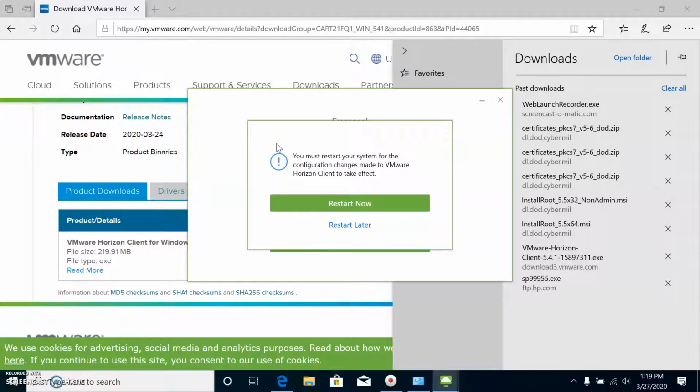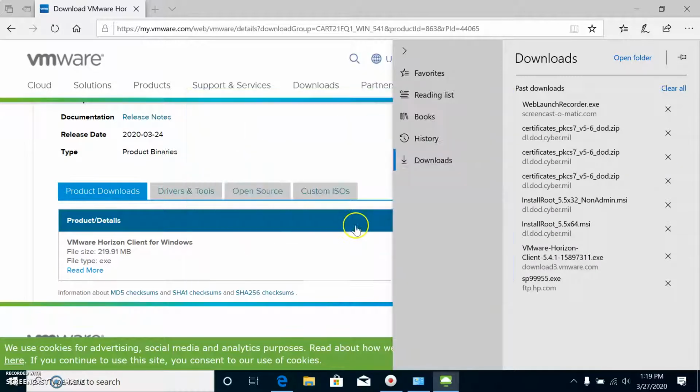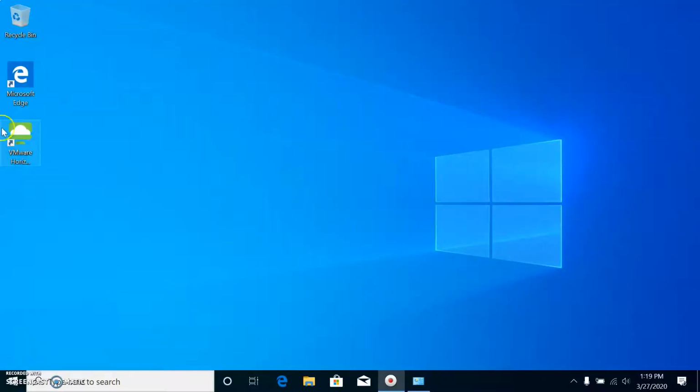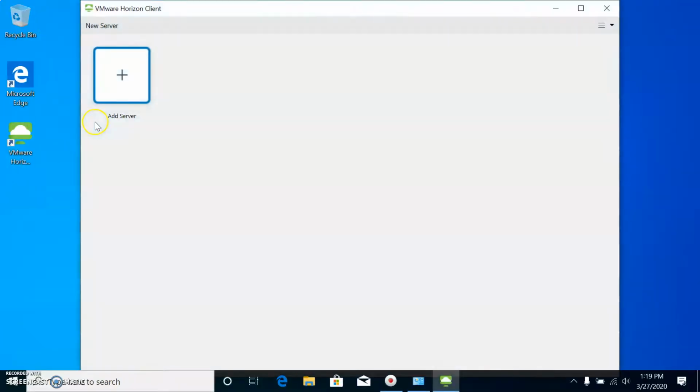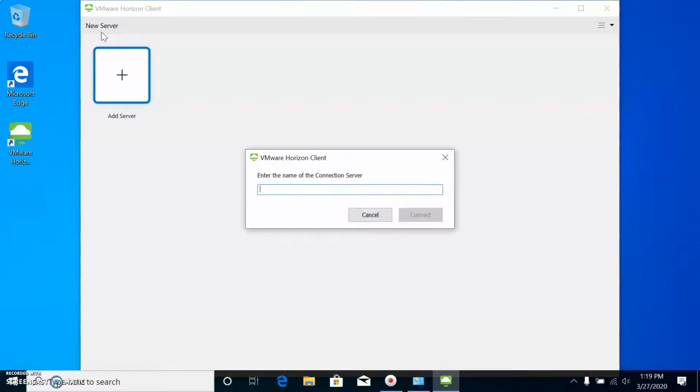It'll ask you to restart your computer, and you should restart your computer, but for this demonstration I'm not going to. Now that you've closed everything out, you'll notice back on your desktop you have a new icon, so double click that, and then we're going to add a new server. So click New Server, and at this point, if you don't have your CAC card and CAC reader plugged in, do so now. Here we're going to type in the server name, which is